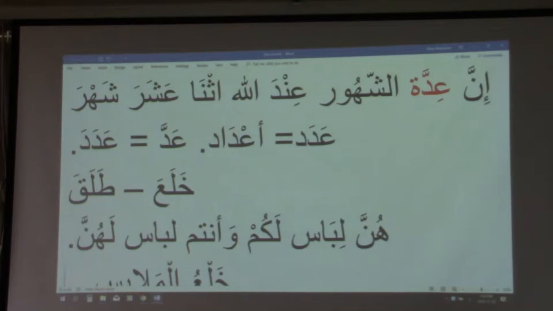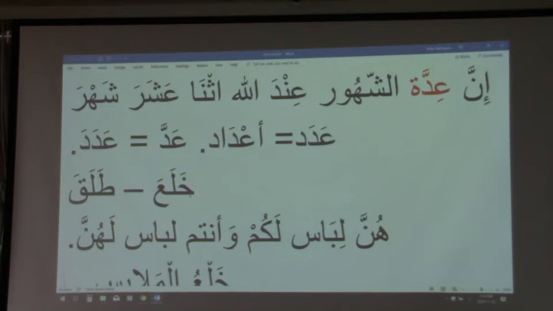Khala'a. The proper translation of khala'a is to uproot. The literal translation of khala'a is to uproot. The word uproot means the root won't be there anymore. So khul' is what? He's saying, I don't want to be in the root of this marriage, I want to be out. To strip away, yes. So the translation in the Quran comes as to strip.